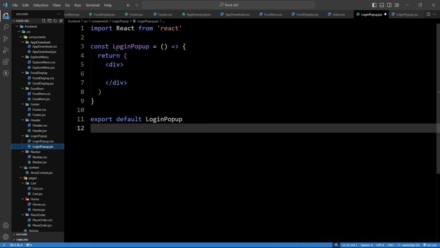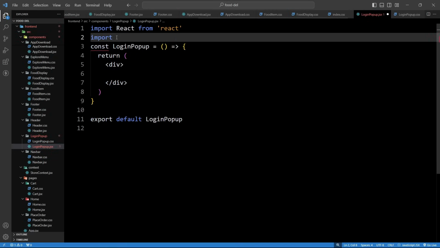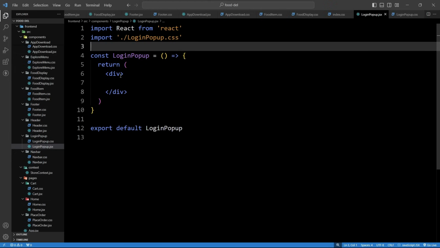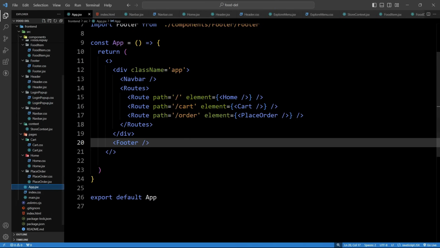In this JSX file we will import the CSS file. So we will add import ./loginpopup.css. Now in this div we will provide a class name that will be loginpopup. So first we will mount this component in the app component. So we will open the app.jsx file,